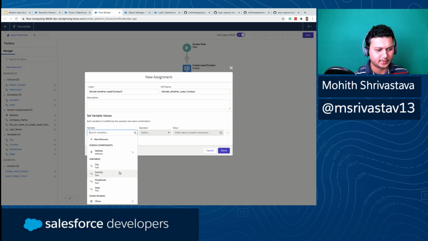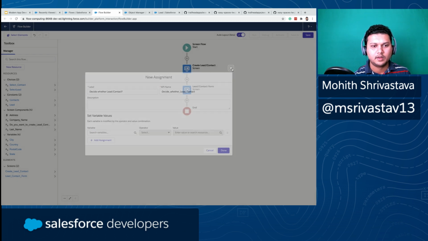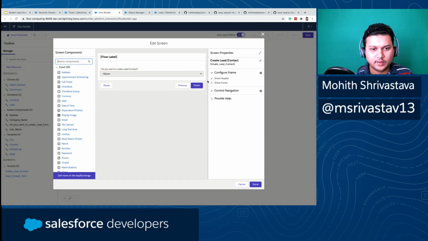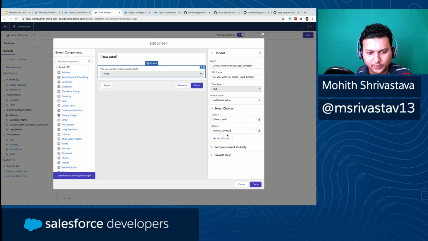screen components, right? So we had this screen component where, okay, let's assign this selection choice. So these are the variables, this is the screen component that we created. Let me see where we actually created it. Did I assign this to a variable? Okay, so this is the value that we picked up. So these are the choices that came across, right? So we said, let's also add a default value here, and these are the choice elements that we